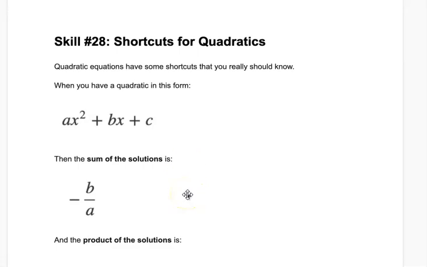Okay, so skill 28 is shortcuts for quadratics. Quadratic equations have a lot of shortcuts, right? There are a lot of things that they can ask you that you can do a long way and you can do a short way. So this skill is all about learning the shortest way to do a lot of stuff for quadratic equation